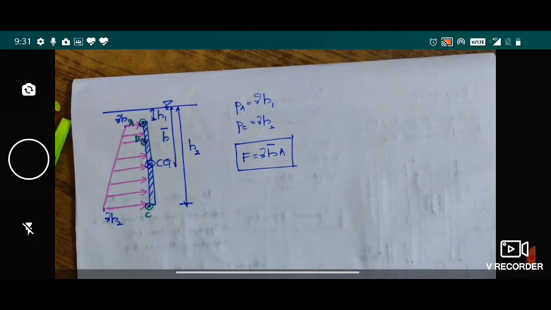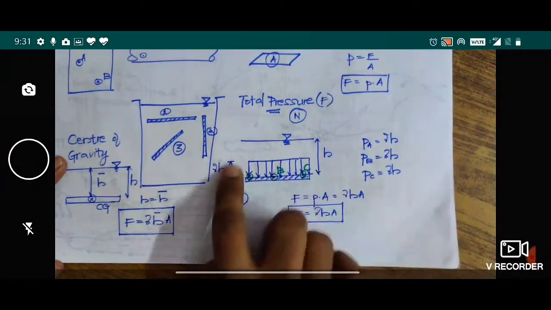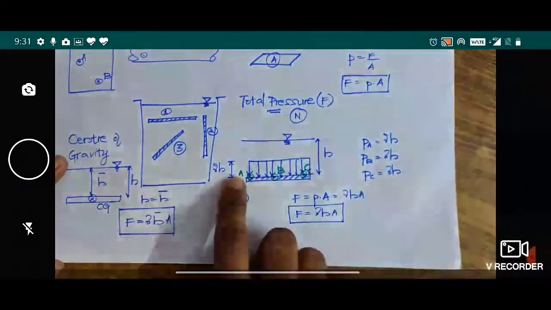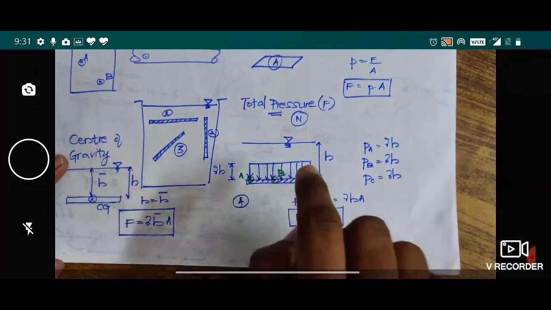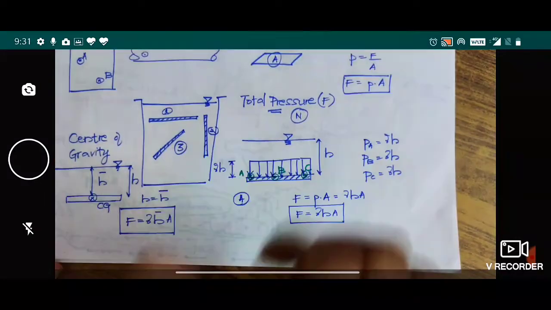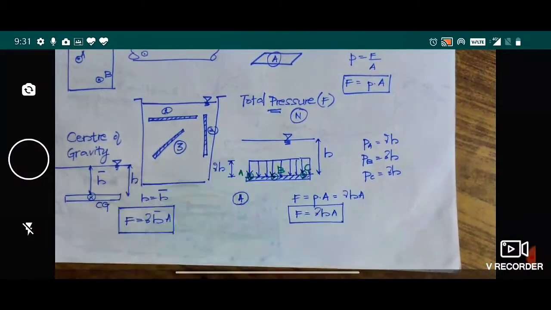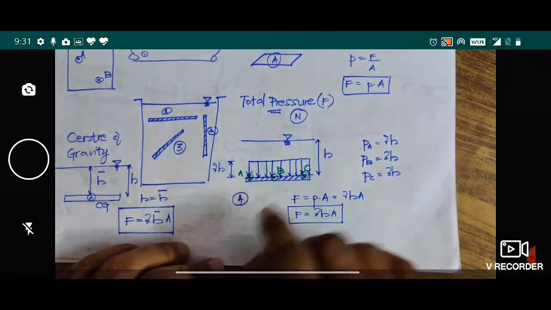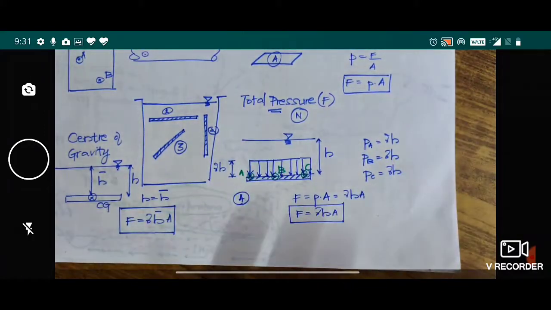Now if I take you back to the previous thing, this was the pressure distribution when you have kept the plane horizontally. So this is the uniform distribution of pressure. So where will the resultant of the pressure be acting? I need to find the resultant of the pressure. Since you have learned pressure distributions in your engineering mechanics itself, if you have a uniform distribution like this, the resultant will be passing through the exact center.